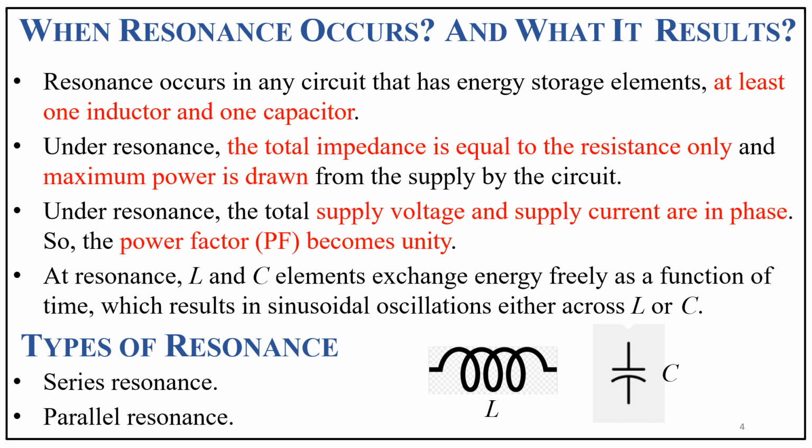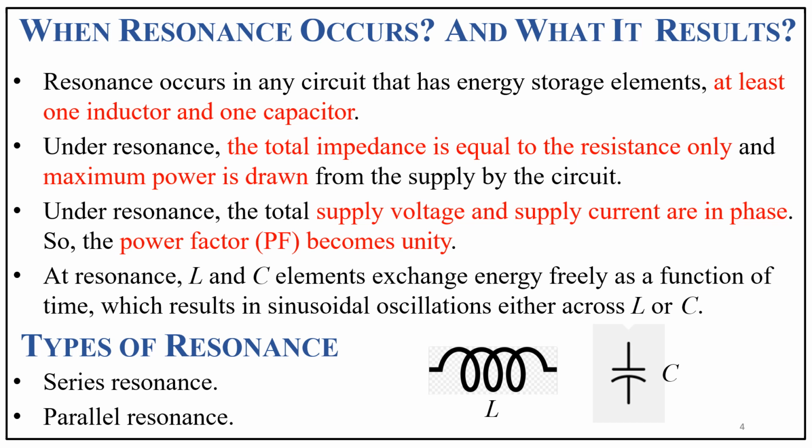Resonance occurs in any circuit that has energy storage elements, at least one inductor and one capacitor. Under resonance, the total impedance is equal to the resistance only and the maximum power is drawn from the supply by the circuit. Under resonance, the total supply voltage and supply current are in phase, so the power factor becomes